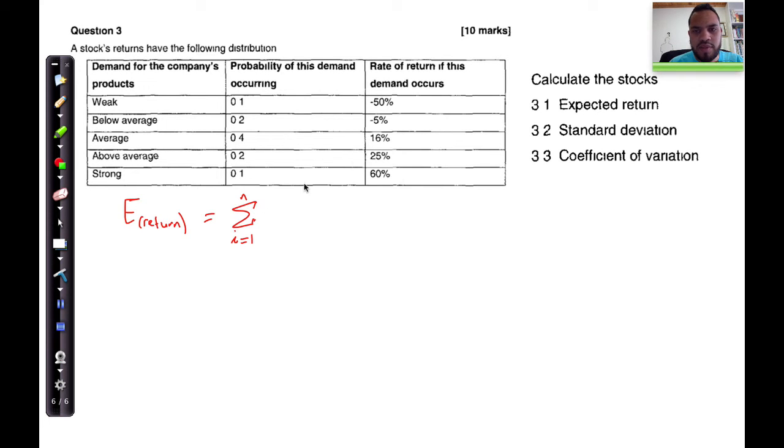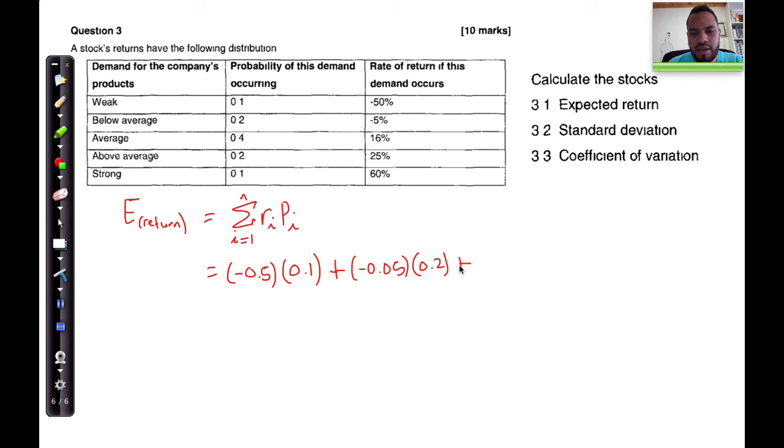of the return, which will be R1, or in this case Ri, multiplied by the probabilities of each. So that just says we're going to take this and we're going to sum them up. Let's do it individually for each one. We're going to say it's negative 0.5 because it's 50%, right? Or you can just write 50%. Negative 0.5 multiplied by 0.1 plus negative 0.05 multiplied by 0.2